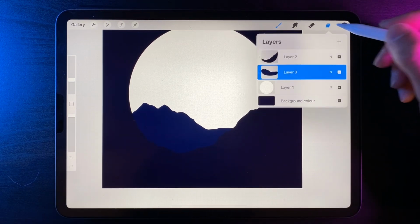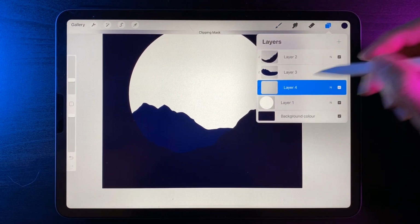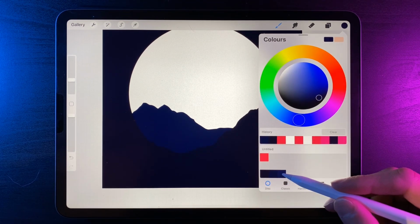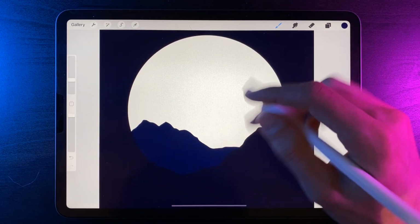And then what we'll do is we'll go up to our layers and we'll repeat the process to add in our final mountain. So let's go back to layer 1, create a new layer, and then let's go to our colors and then select the third blue on the bottom row. And then same process, but we're going to create our nice big mountain here, and that's where the sun will